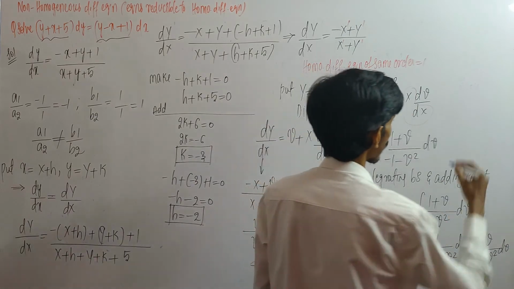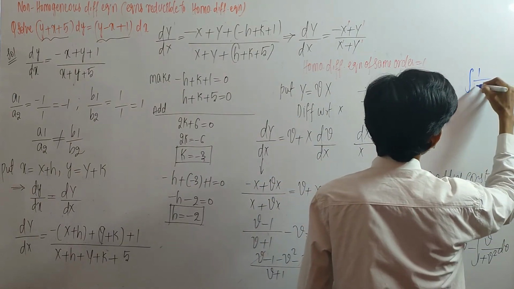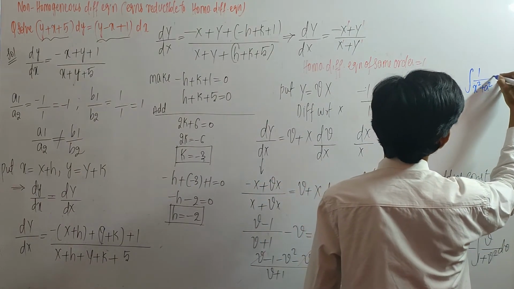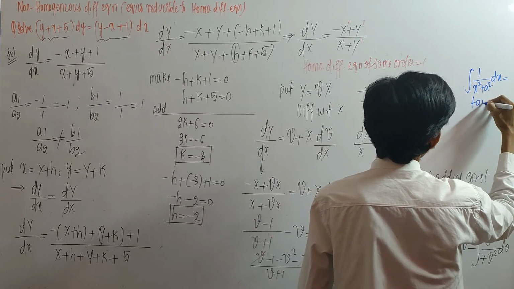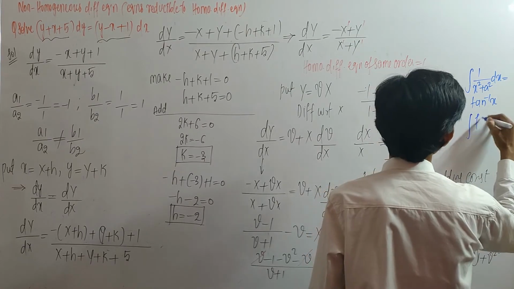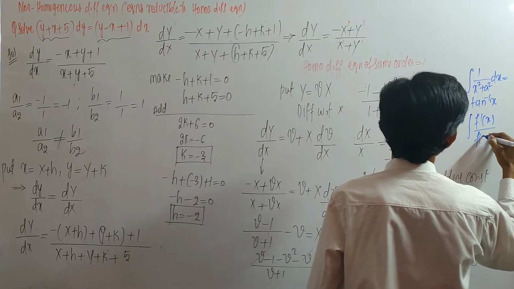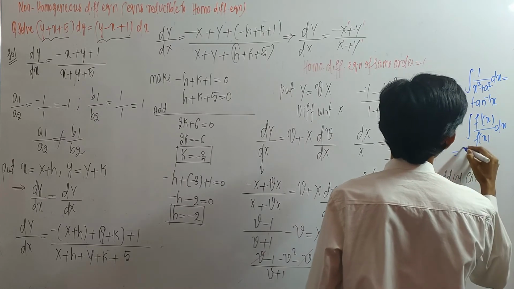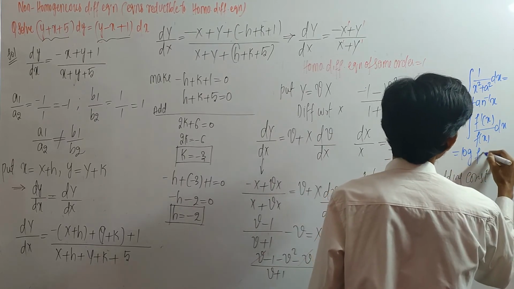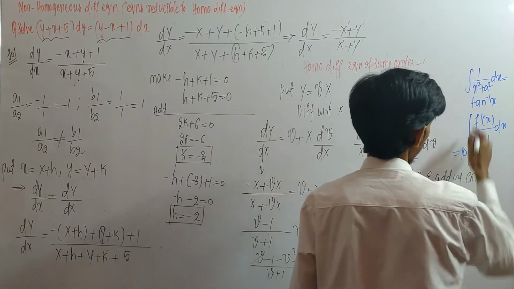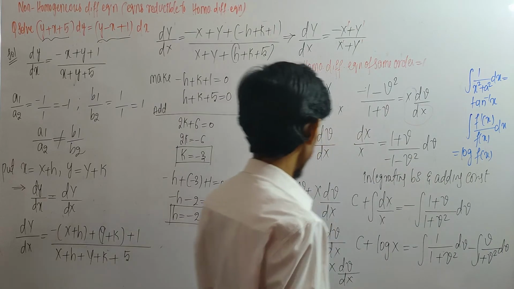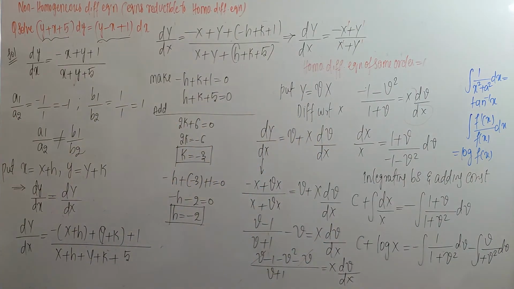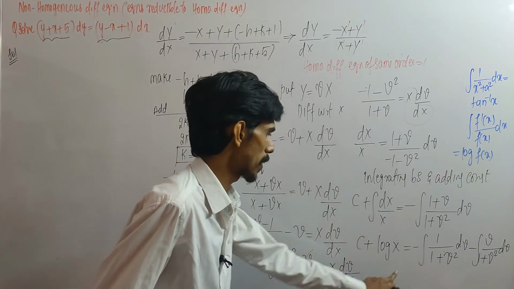We know that integration 1 by x square plus a square dx value is tan inverse x. Integration of f dash of x by f of x dx value is log of denominator, that is log of f of x. We know these two formulas, apply these two formulas here. Let me erase this part. Now here we have c plus log x,